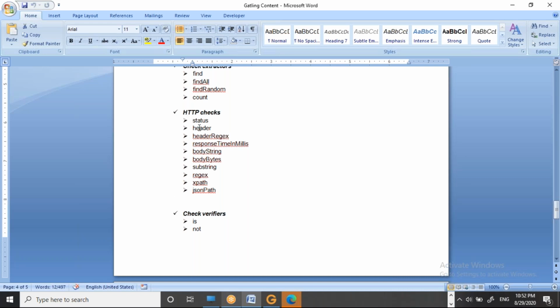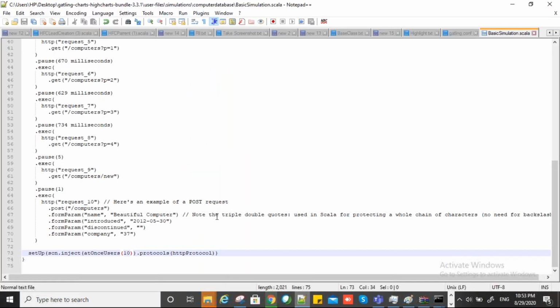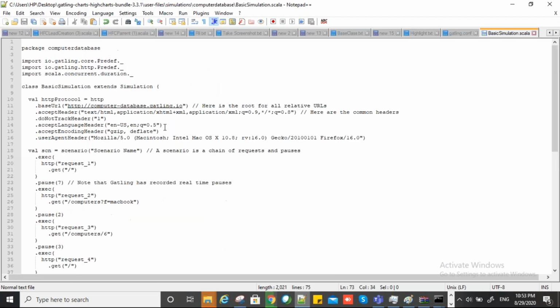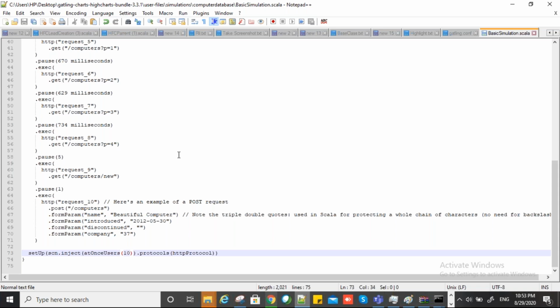Near about 70% of the data comes from Gatling only. Your script will be like this in raw format, in Notepad. So you already get near about 70% of the parameters in your script from the Gatling recorder. According to your scenario, you just have to change 30% of the APIs or parameters. That's all.